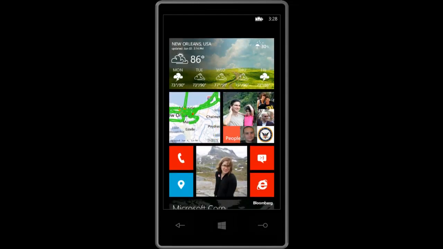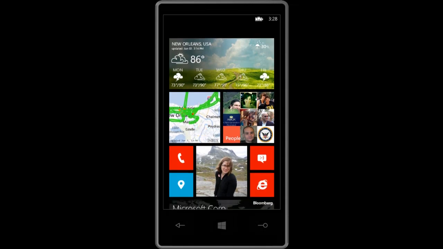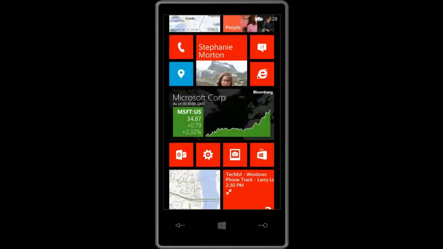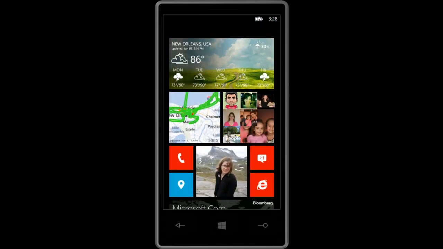Here's local traffic. And so a periodic background agent will update this traffic map. This is my People Hub here, and I'm going to show that in just a second, but a number of other things too. Before I go into the third-party apps, I want to show you a little bit of the first-party experiences that I think really encapsulate these core values, the People Hub being one of them.